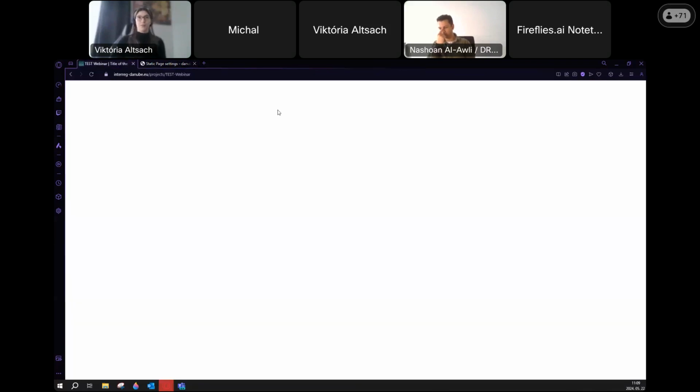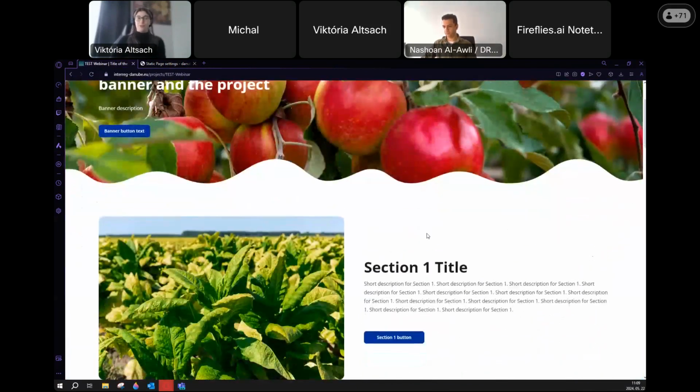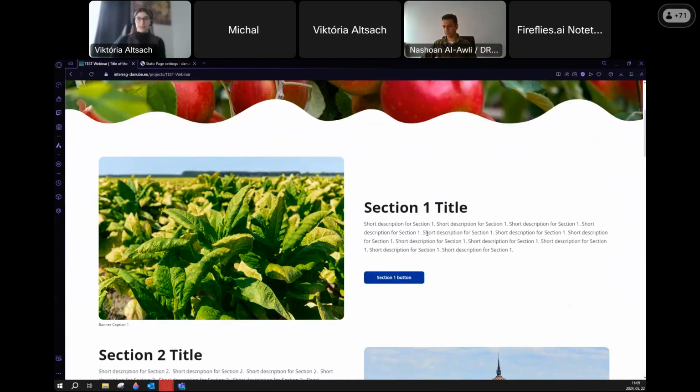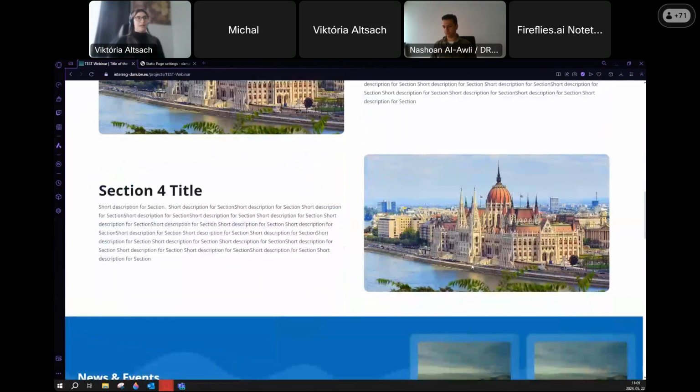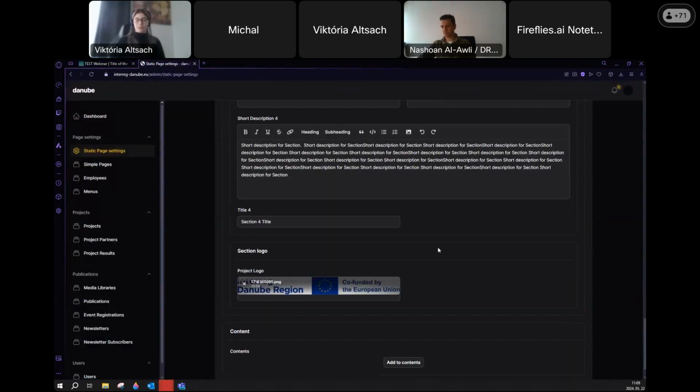But this is the recommended layout for the project pages. We recommend this layout because really long texts are not advisable to display on the home page, because it might have some difficulty with the readability. Okay, and our last thing that you can manage through the static page homepage settings is the project logo, which